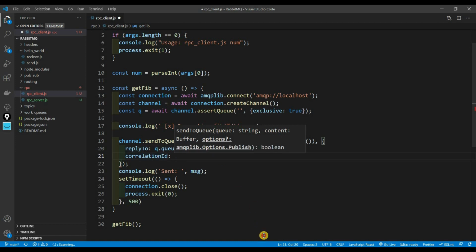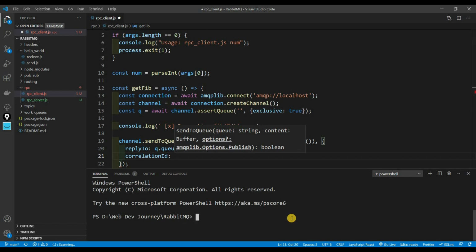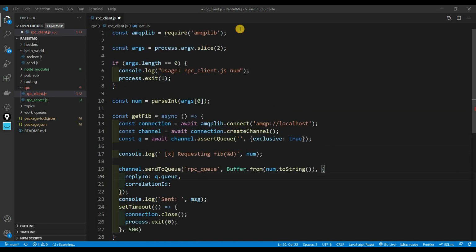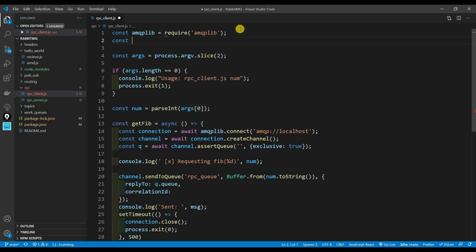And the way that I'm going to be doing this is we're going to be installing, so npm UUID. You already know how to use this. It's just a generator. Up above, what we're going to be doing is grabbing that. So const, we're going to be grabbing the v4, and we're going to rename it as the UUID v4, and we're going to set that equal to require